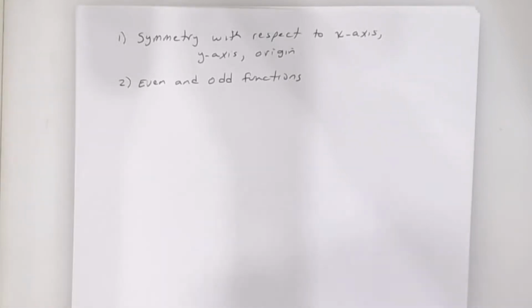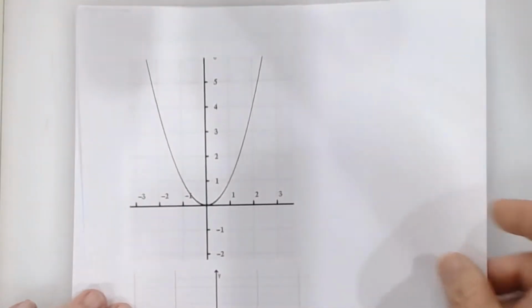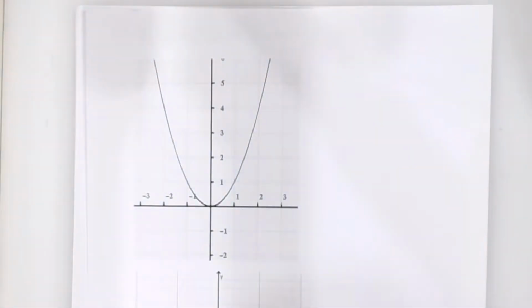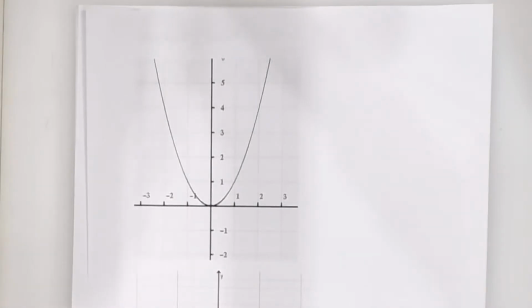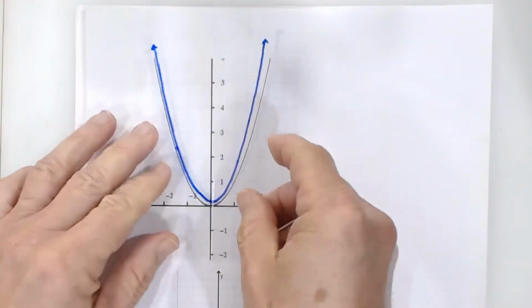All right, so in the first graph that you see, let's talk about the idea of symmetry with respect to an axis or the origin. So if you look at this graph here, and first of all, is this a function? Yes, that's a function. And this function, if you really look at it, and I'm going to go ahead and put this transparency right